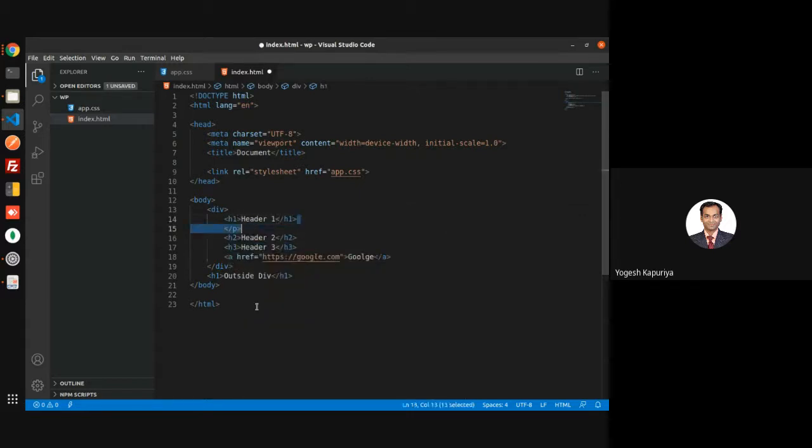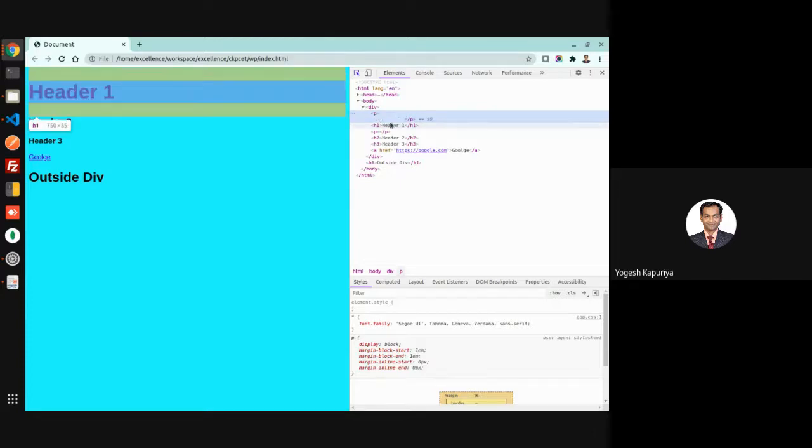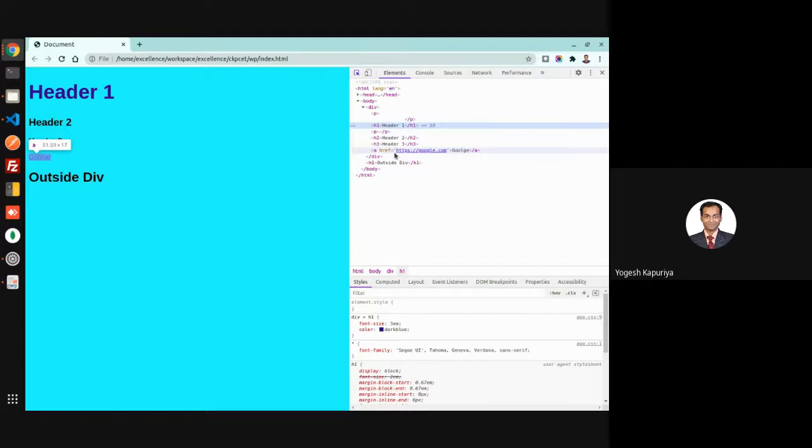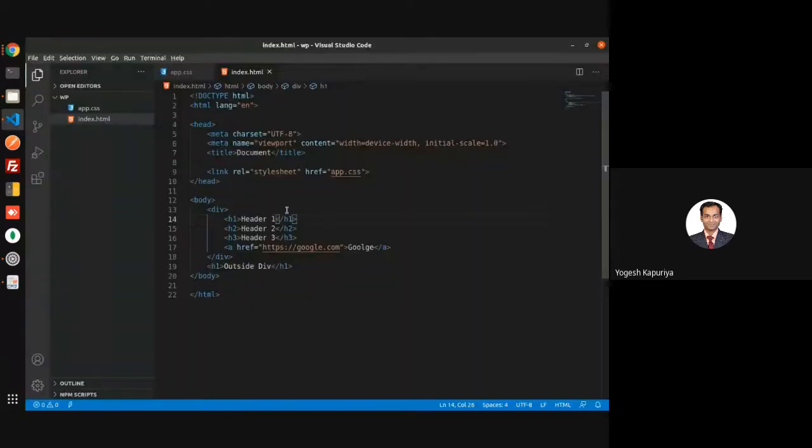Again, it will not stop you. The HTML is not like a compiler that will give an error. But what it has done is put this H1 outside this P. If you see this, P contains nothing. Even though you have written the header inside P, the header is not within a P when it is rendered on a browser. That is due to the standards which are applied, and the standard says that a header cannot be contained within a paragraph.